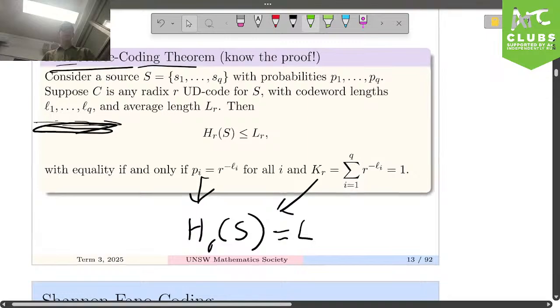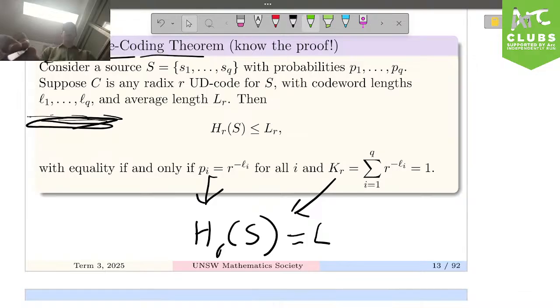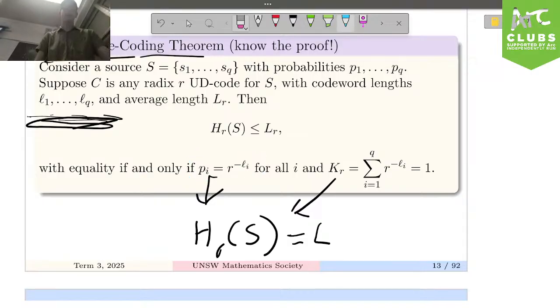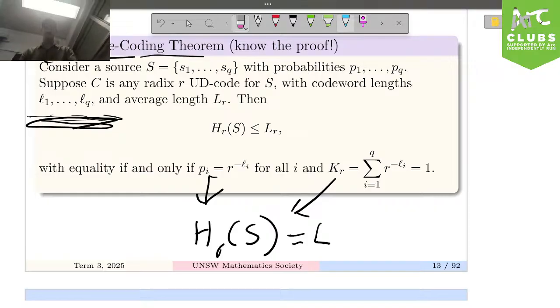Okay, so what this motivates is that we get sufficiently close when our lengths correspond like this to the probabilities. You can maybe ask, if we want this to occur, why can't we just define the lengths in terms of this? Well, the problem is that if you rearrange for the length in this way, you would get li equal to negative log of pi to base r.